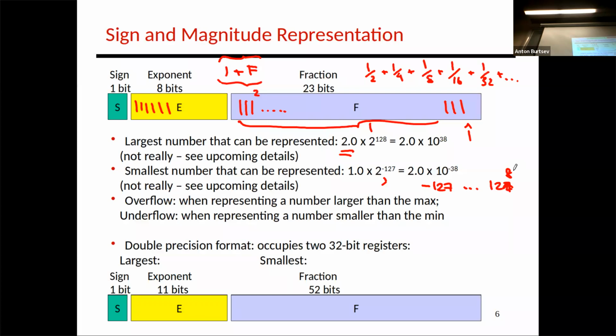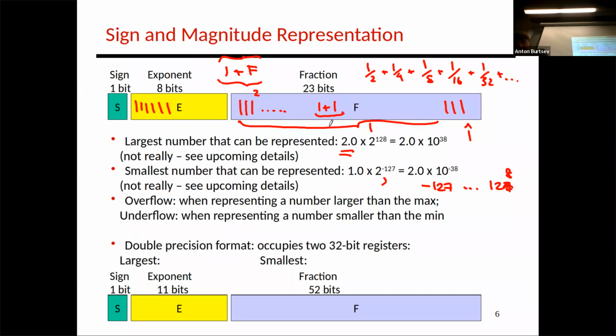We say this is the range which we can represent, but really 0 will mean 0 minus 127, so it's an exponent which is negative 127. And if this stored exponent is 127, then it's really 0, because you are subtracting 127. Okay, got it? So then the maximum number is this, 1 plus fraction, close to 2,